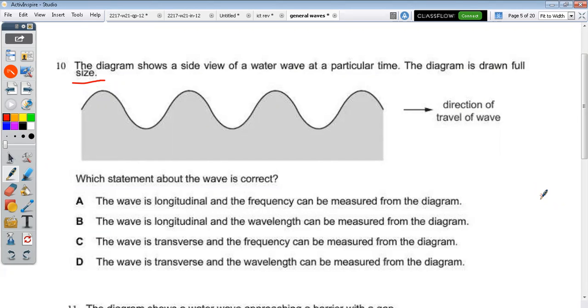So which one is correct? Oh, yes. D. Still analyzing. You're saying it's D. Yes, sir. Y is okay, it's a transverse. The answer is between C and D, because we said all other waves are transverse. Who can explain why C is wrong?